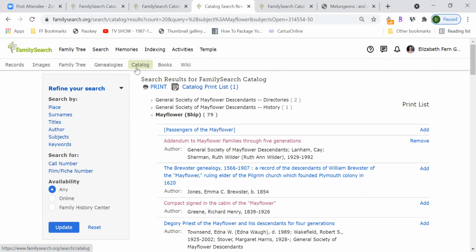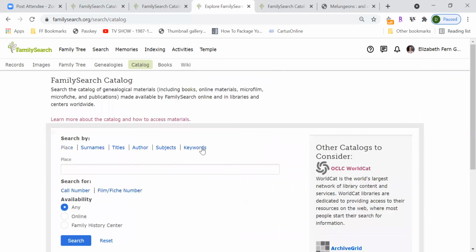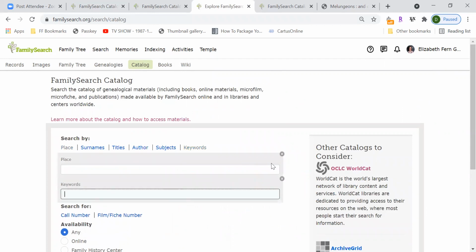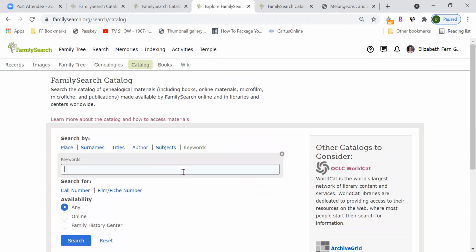And so our last search in the catalog is keywords, which is really cool because subjects, you kind of just type in one, but keyword, you can type in more than one word. And what it's looking for is anything inside the pages to have the words on it, where subjects more pulling from the title, keywords pulling inside of the article. So I want to learn more about these Melungeons, and I'm going to put in Indians and see what I can pull up